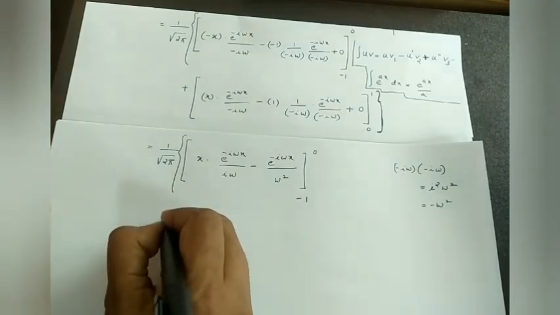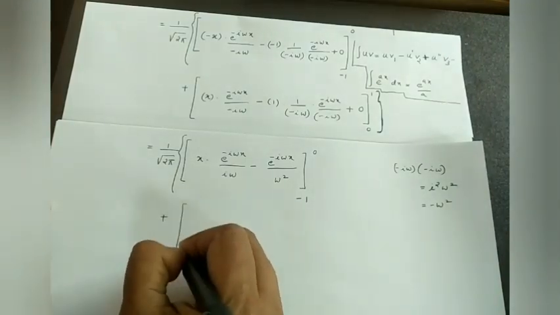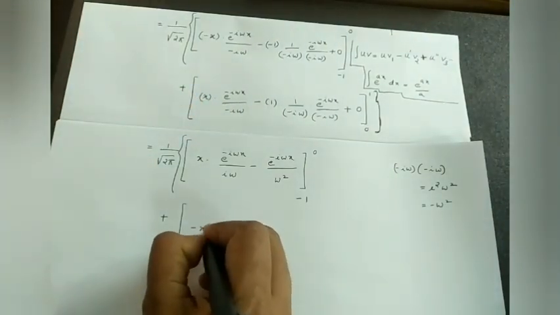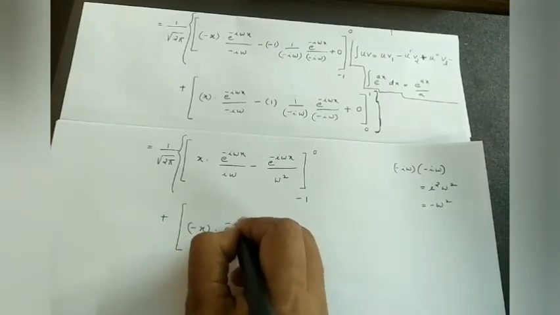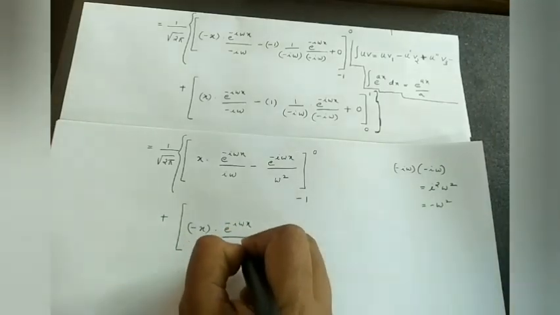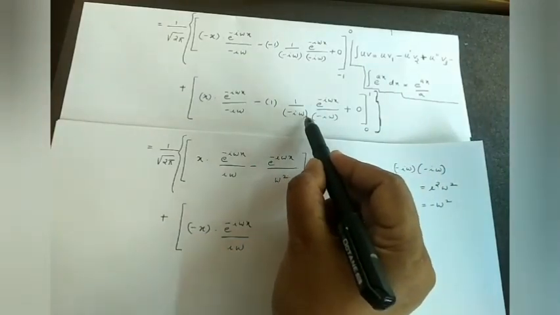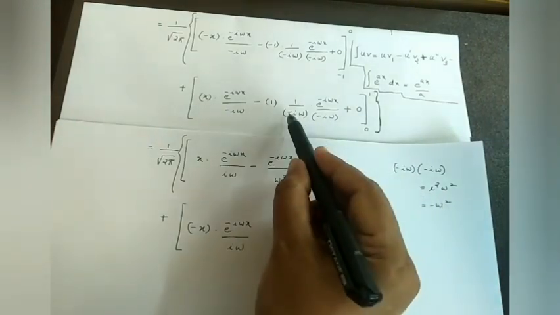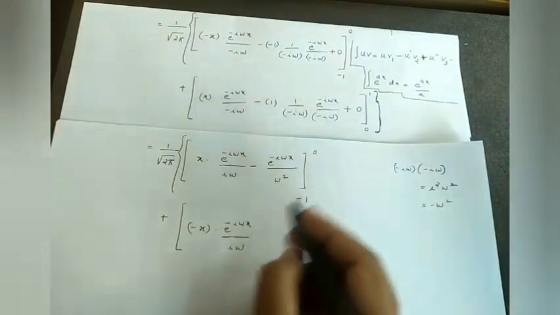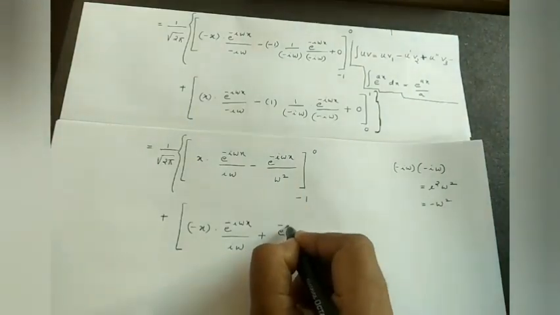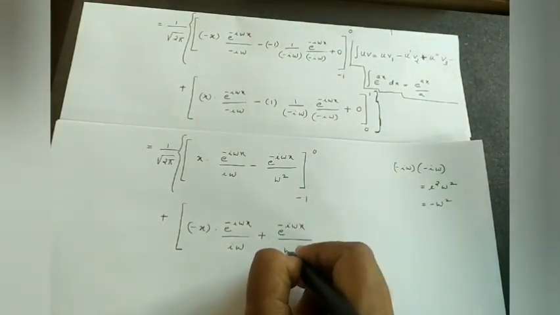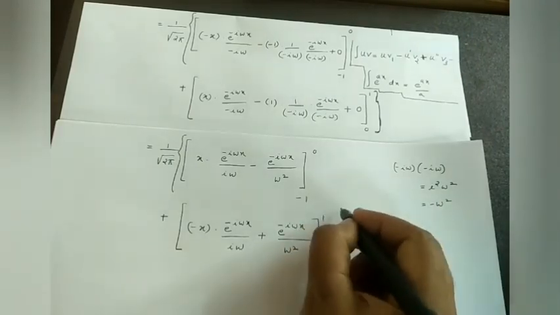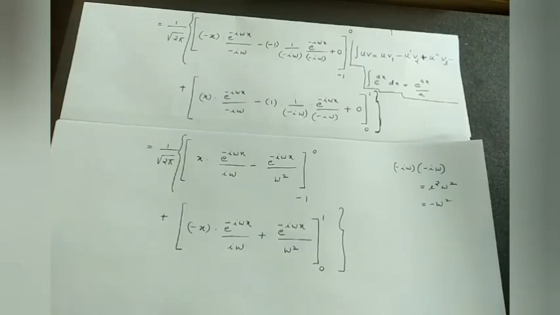Then, for the next term, we have again minus in the denominator. I am putting in the numerator, that is minus x into e raised to minus I omega x by I omega. Then here also we have minus I omega into minus I omega, which becomes minus omega square, and minus into minus becomes plus. Therefore, plus e raised to minus I omega x by omega square. I am rewriting this to avoid confusions when we are applying the limits.